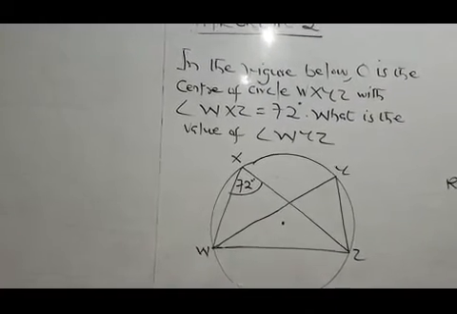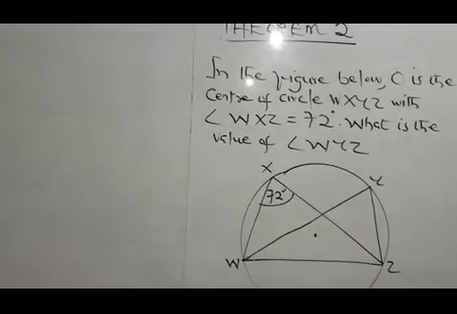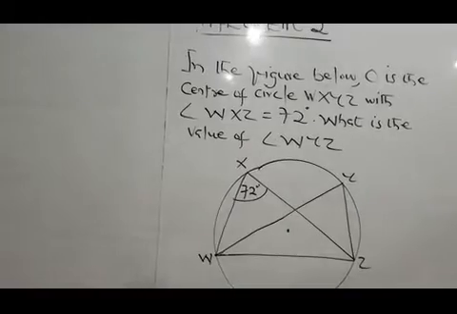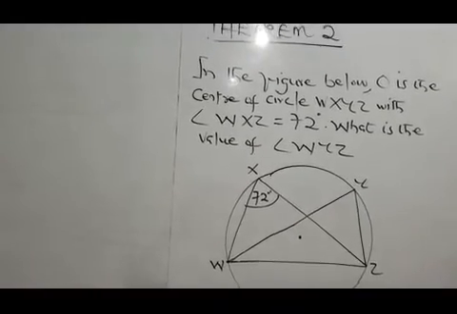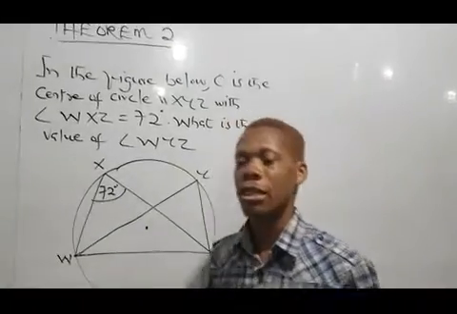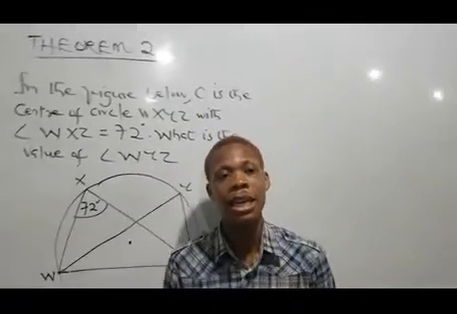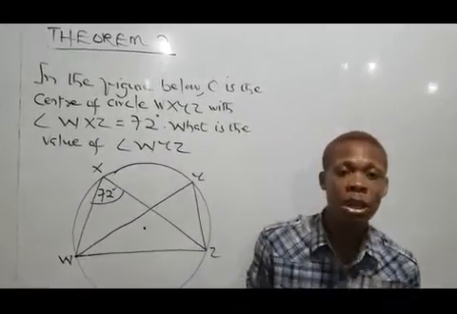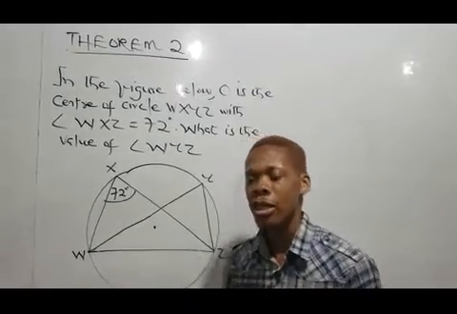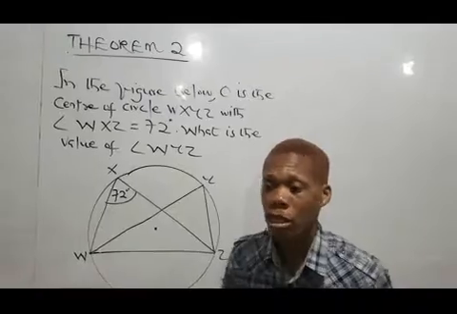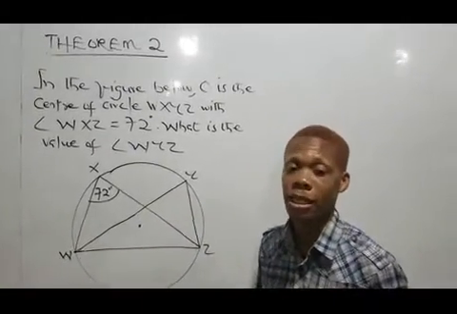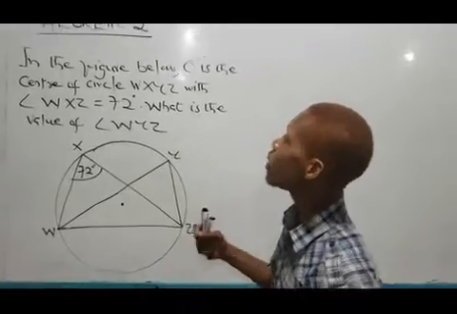So before you solve the question, don't be in a haste. Take your time and study the question very well. Now, we've learned two theorems now. The first theorem is the connection between the angle subtended at the center and the angle subtended at the circumference by the same chord. We're saying that the angle subtended at the center is twice the angle subtended at the circumference. But in this question, you realize that you are not looking for the angle at the center. Rather, it says find the angle